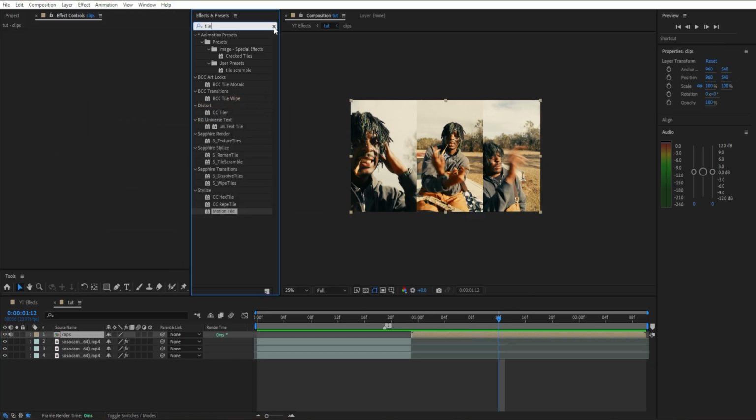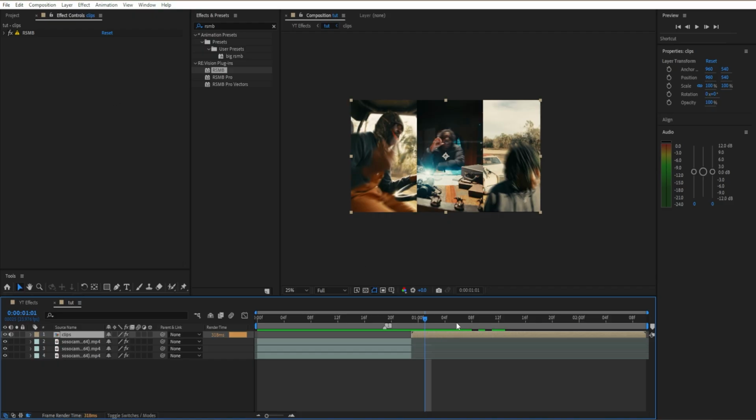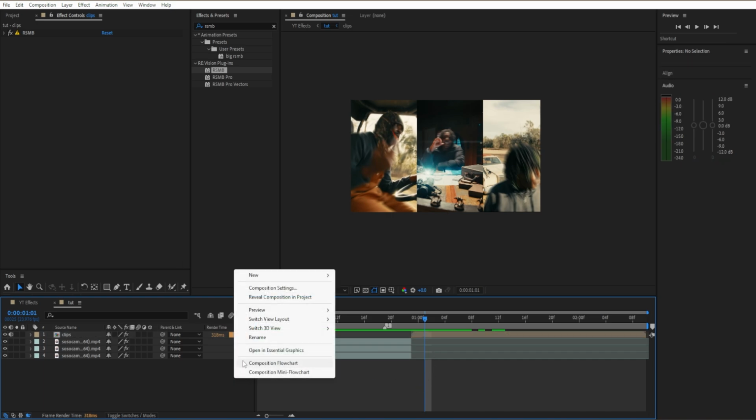Once after that, I'm going to add RSMB. Drag in RSMB. Put our blur amount to 1.5, and our motion sensitivity all the way up to 100. Once after adding RSMB to our pre-comp layer, I'm going to go to our bottom left,